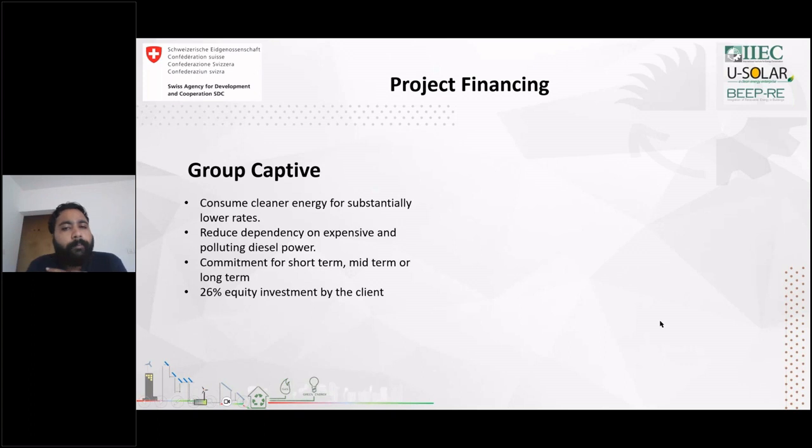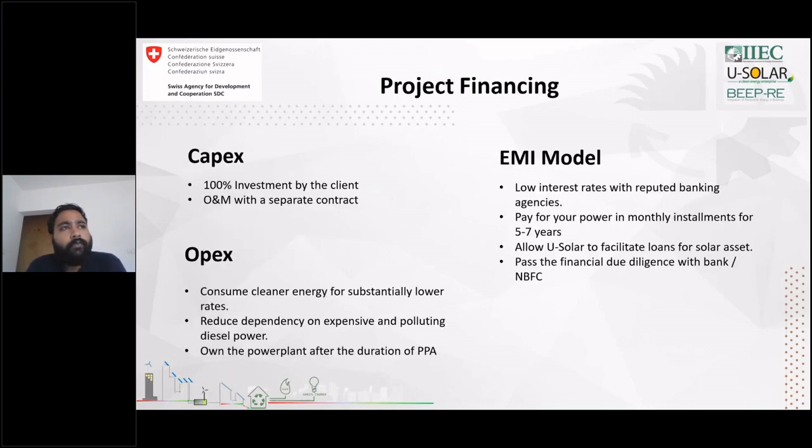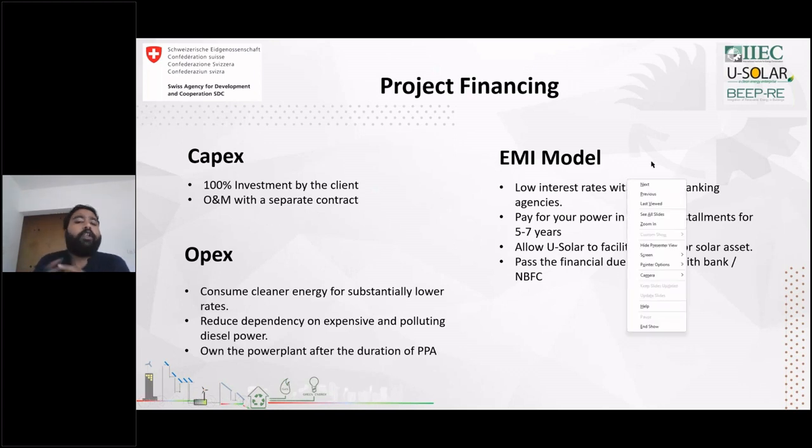Yeah. So this is the project. So I'll just touch over the project financing models at present, as offered by USOL, also technically present in the country. So if you're looking for a distributed solar power plant, it might be a rooftop or a ground mounted